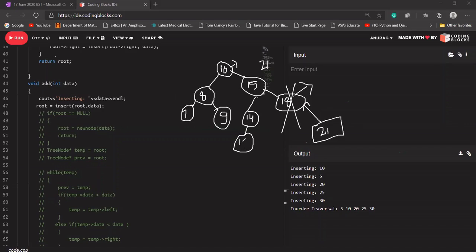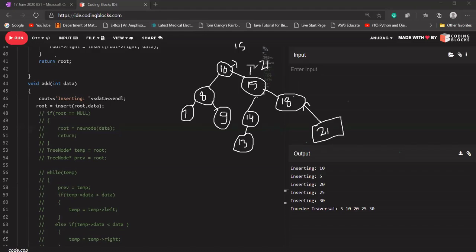So in that case, it was 13 here, I think so. Yes. So in that case, let me erase this first. Let's say I want to delete 15 here. For 15, what will be your in order successor? Because 15 is, let's say I want to delete 15, 15 will come to 10, 10 will send it to its right part because 15 is greater than 10.